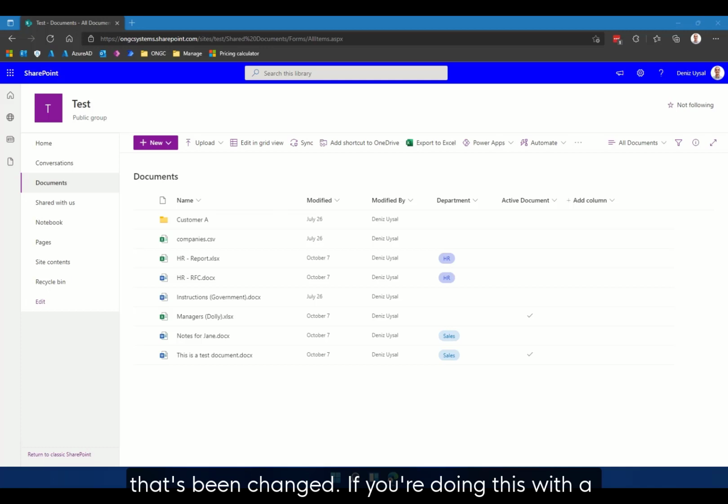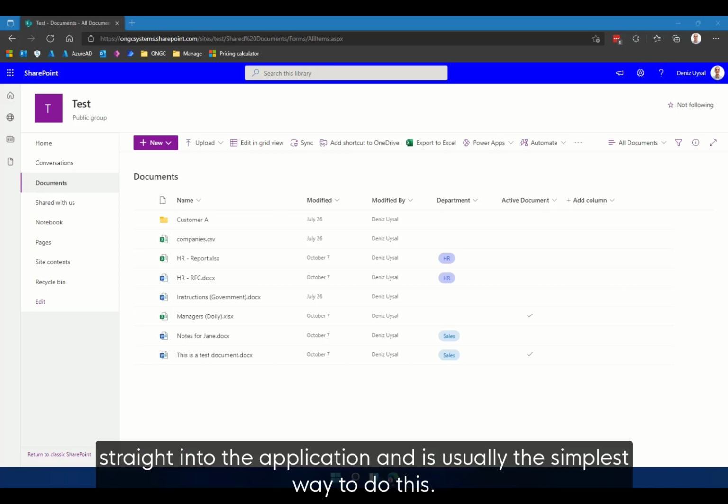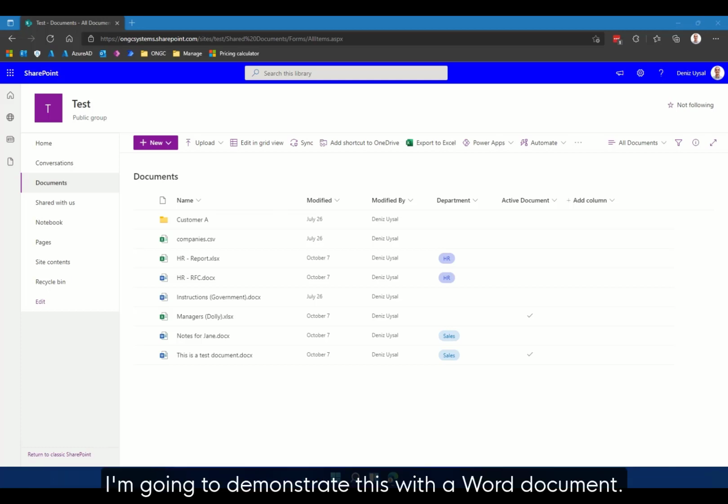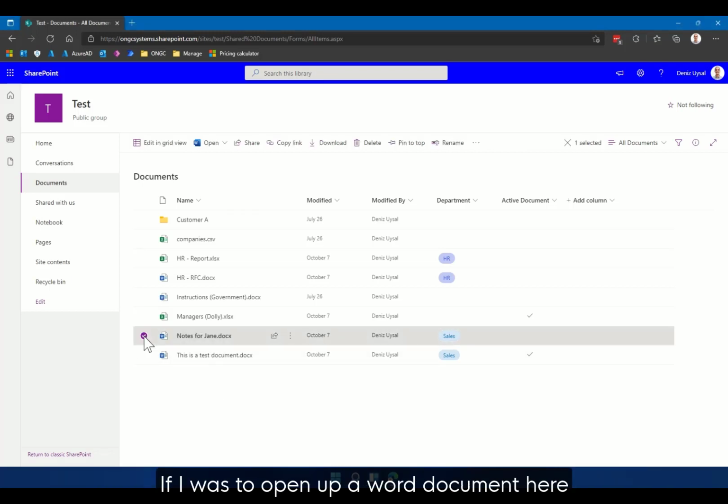If you're doing this with a Microsoft Office file, being things like Word, Excel, PowerPoint, or anything in the Office suite, the ability to view and return to previous versions is built straight into the application, and is usually the simplest way to do this. I'm going to demonstrate this with a Word document. If I was to open up a Word document here